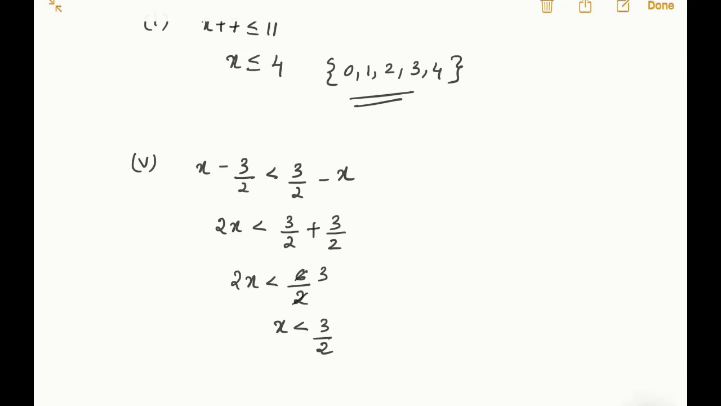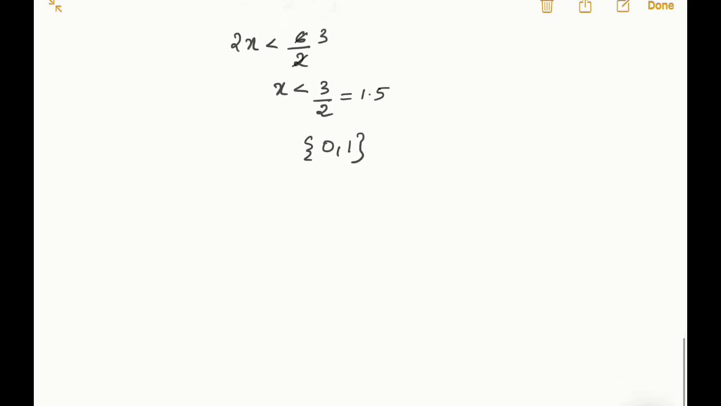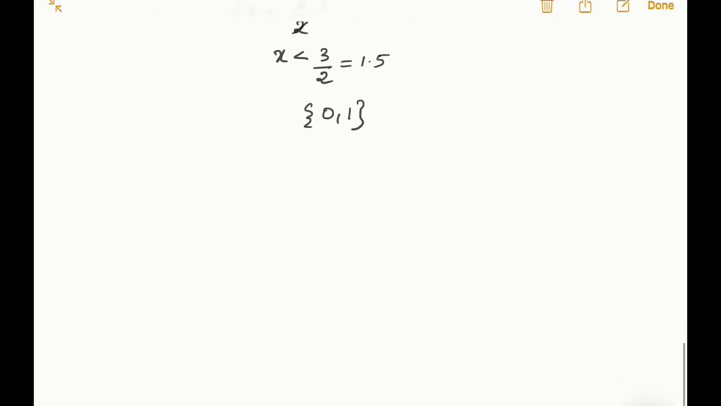Okay. So if it's x less than 3 by 2, just go through which are the whole numbers coming. 3 by 2 is 1.5. So x less than 1.5, what are the numbers? 0 and 1. Okay. Hope it's clear. Now let us do the